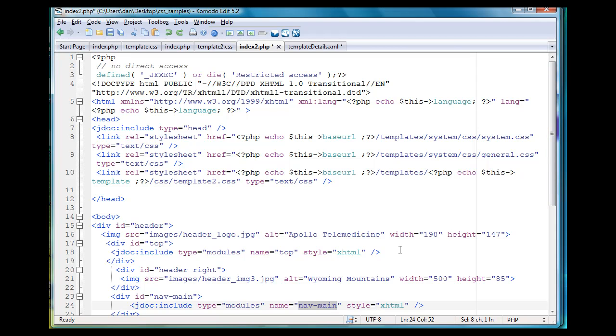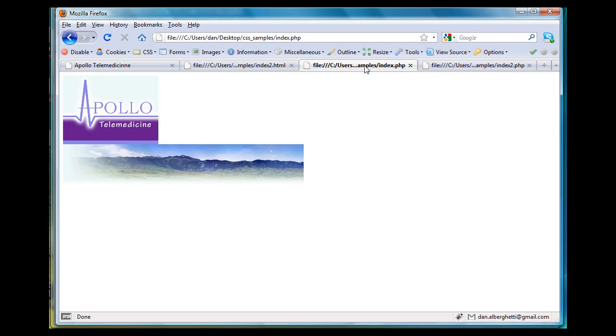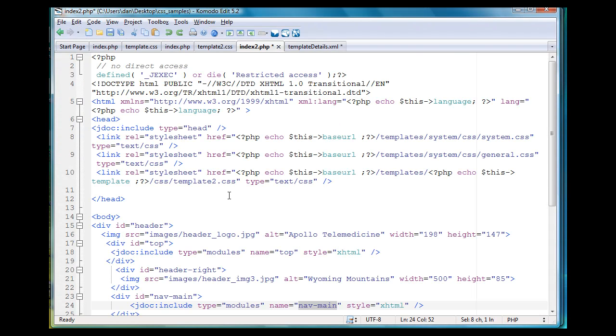When we looked at this page in Firefox afterwards, it was all messed up. It was all like this, right? Oh no, what happened? Why is it like that? Well, basically, what happened was, if you look at our index